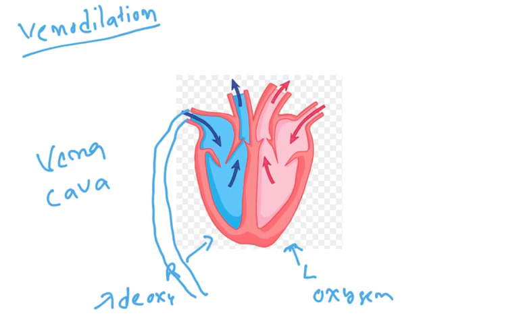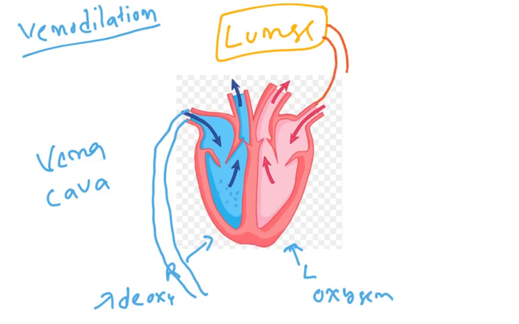Once it gets inside, all the blood gets accumulated here. From here, it goes to the lungs. In the lungs, gas exchange occurs and oxygen gets into the blood. From there, the pulmonary veins bring the oxygenated blood into the left part of the heart. During systole, this oxygenated blood comes out of the heart by the aorta.